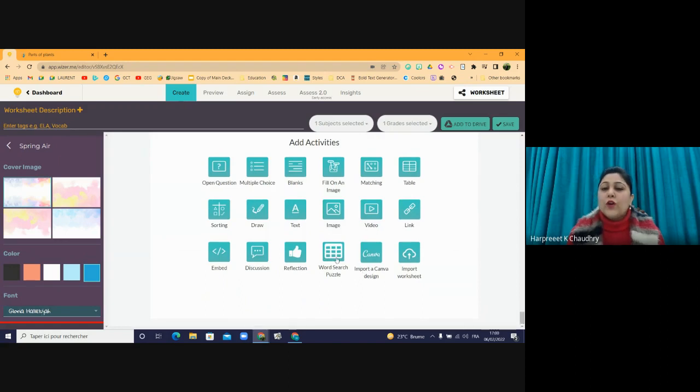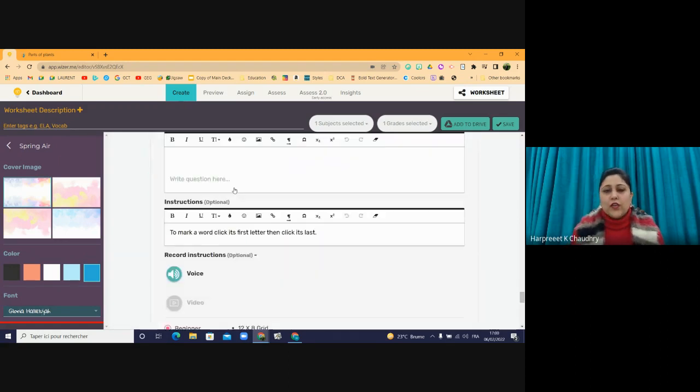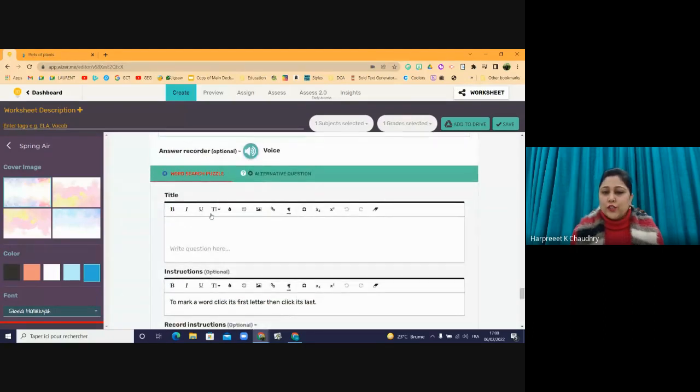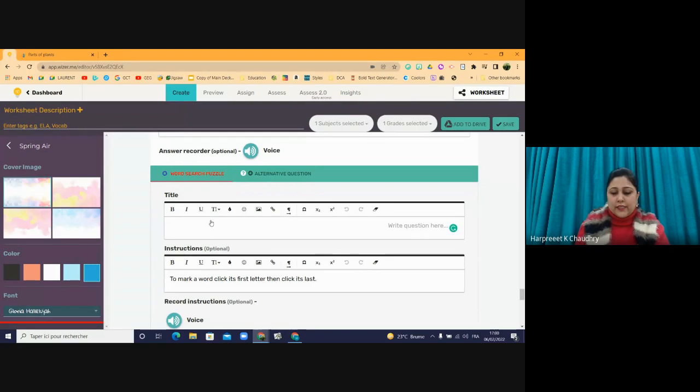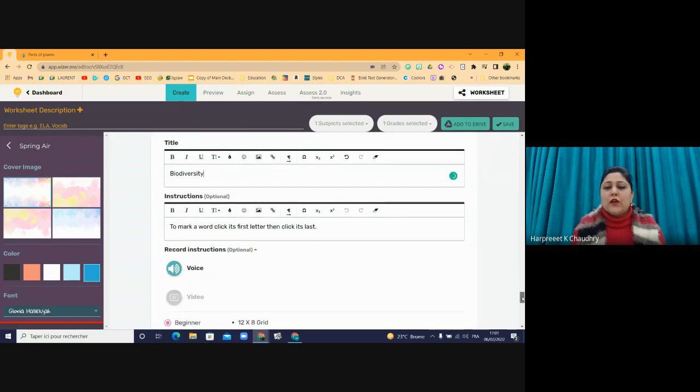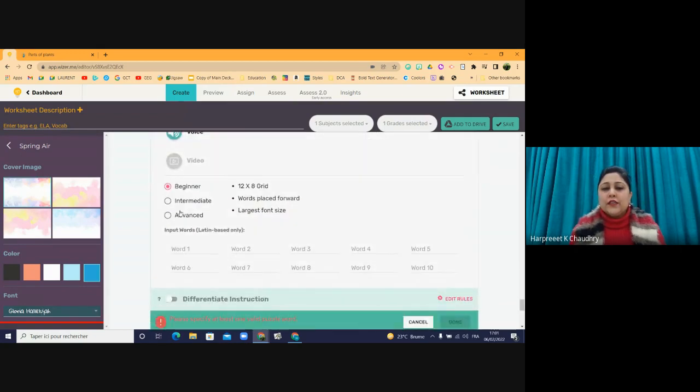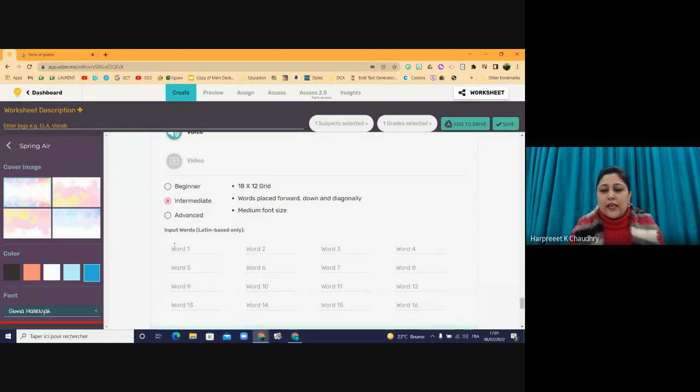And then we've got a word puzzle. That's the last one. Word puzzle, it says you have to give the word. So I say my word search. I give it a title, let's say names of biodiversity. And then it already gives me the instructions to mark a word, click, and it gives me the grid, intermediate, advanced, beginners, and I've got all these words, and I just need to type in, for example,